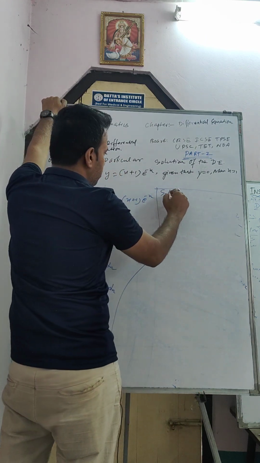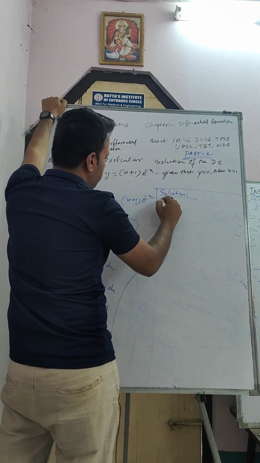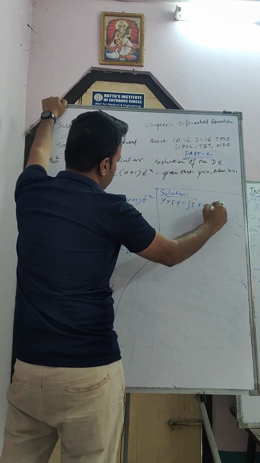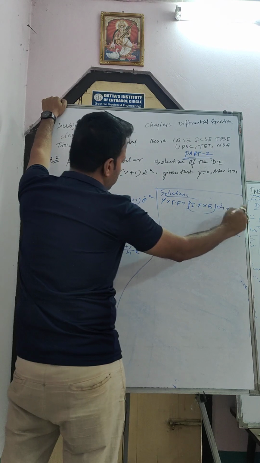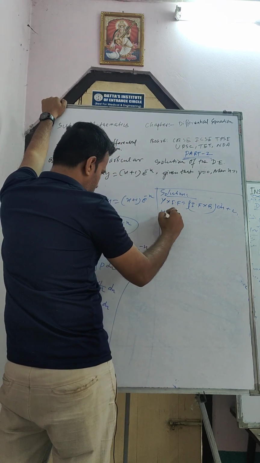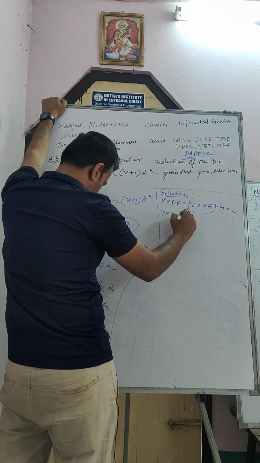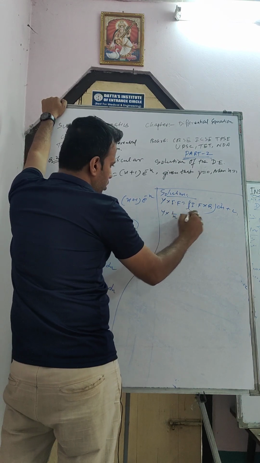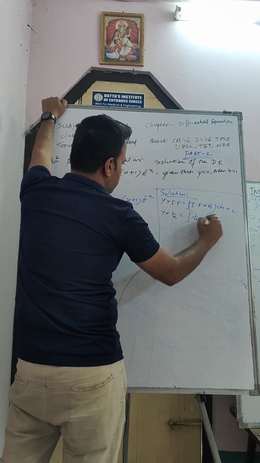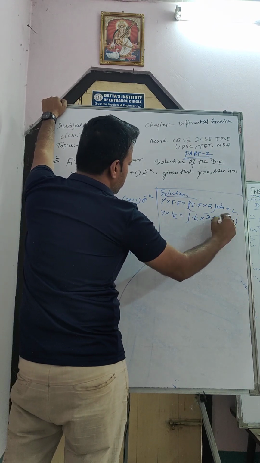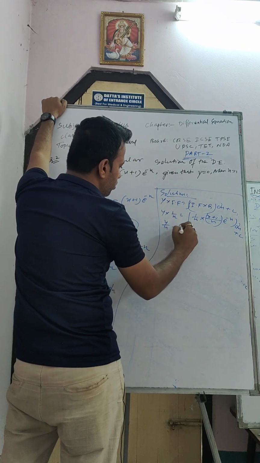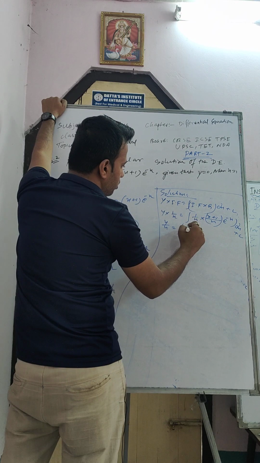So what is the solution of the equation? y into IF equals integral of IF into Q dx plus c. So y into IF is 1 by x, this 1 by x into x plus 1 by x e to the power minus x dx plus c. So 1 by x is equal to, it will be